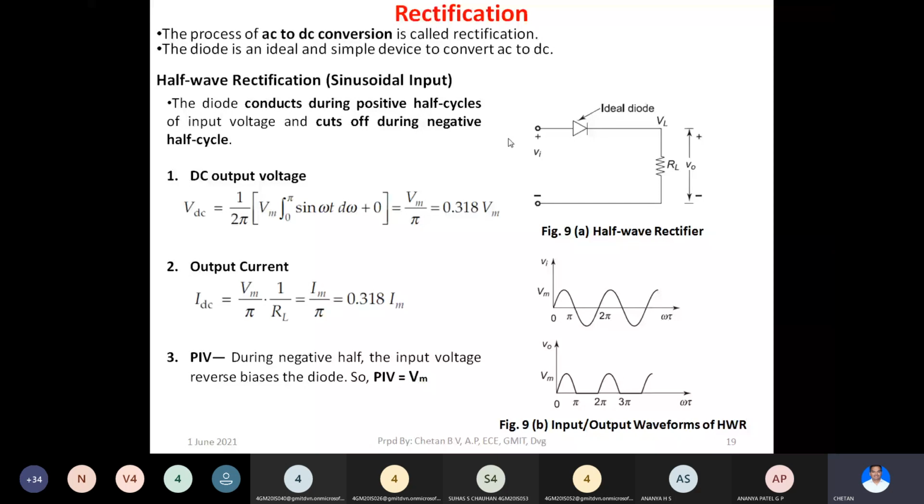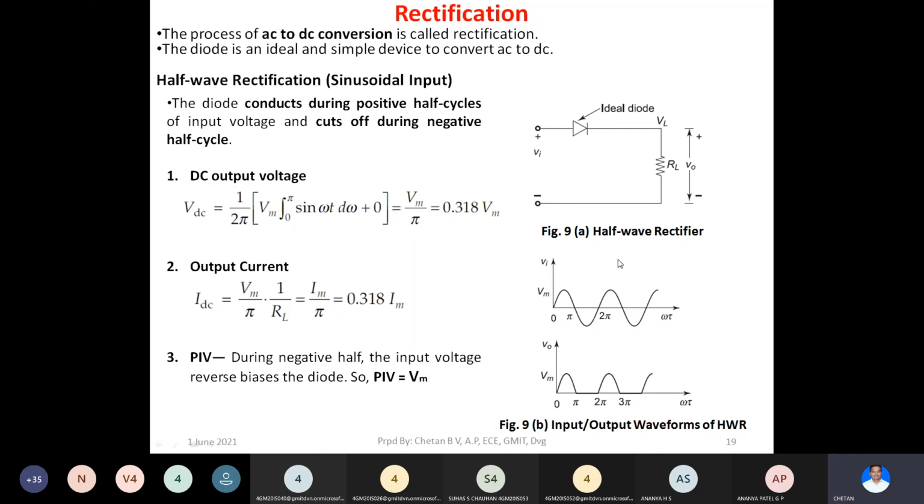It is called half wave rectification because at the output you get only half of one cycle as output. Only half of the cycle is rectified. Therefore, it is called half wave rectification. The major drawback of half wave rectification is the presence of AC, or the presence of ripple, which is nothing but the AC content in the output being very high. That is one major drawback.